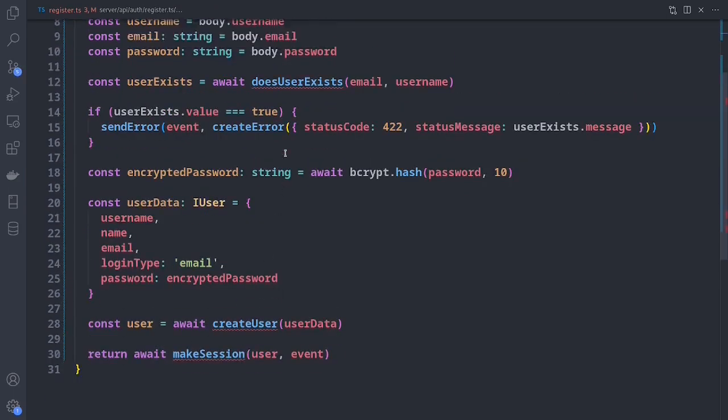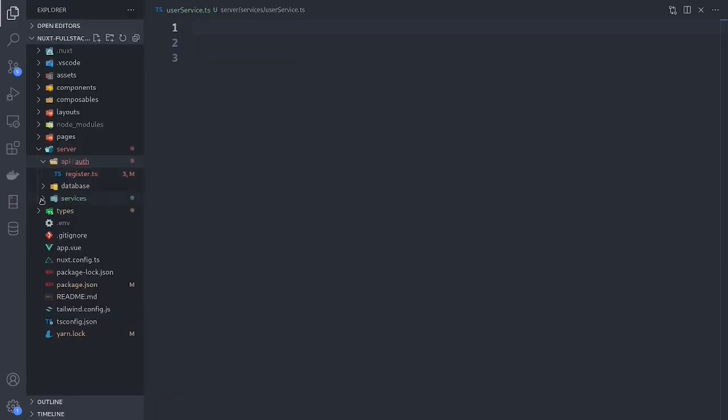Now we're down to making the functions in order to check for the user, create the user, and make the session. Checking if a user already exists and creating a user should be done in something like either a user service or user repository. In this case, I'll create a user service for this function because we're not only going to retrieve something from the database, we're going to make a couple calls, then we're going to create a message that we can send back here. So we're going to have some processing after the initial database calls, so it would make sense to put that into a service. Now we want to create a services directory,